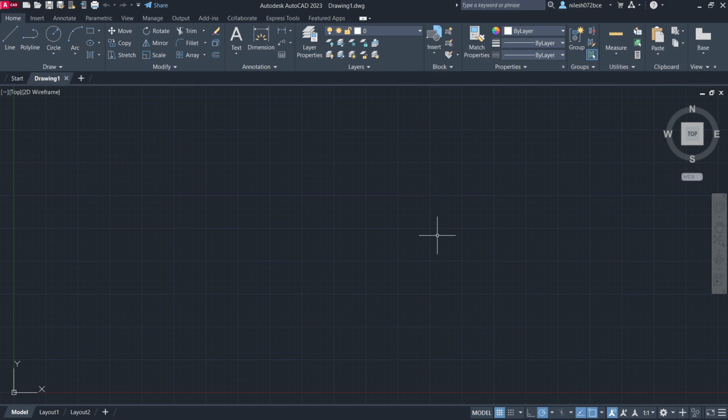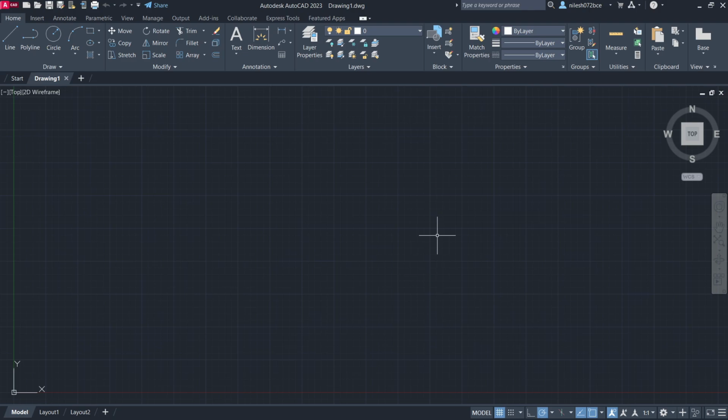Navigation consists of operations like panning, zooming, orbiting around the design, etc. Most of these navigation operations can be controlled by using a mouse or your laptop's touchpad. If you don't have a mouse, you can use your laptop's touchpad to navigate through your drawing. And for these operations, we also have the navigation bar in AutoCAD. Let's understand them one by one.